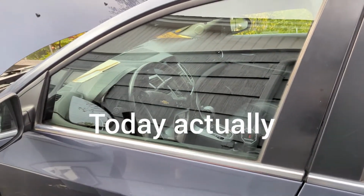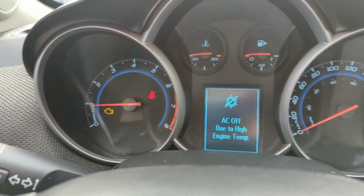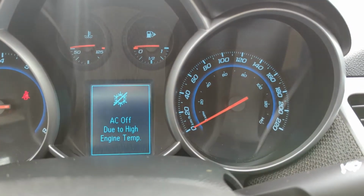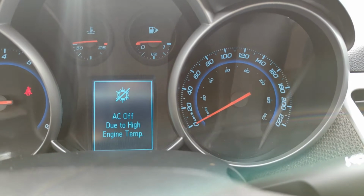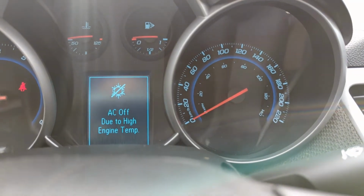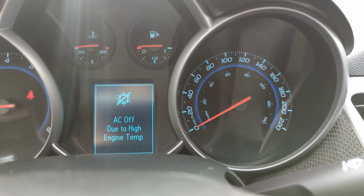Okay, let's see what we got. Okay, so here's some of our issues. Check engine light is on. I'm getting this warning on the dash that the AC is off due to high engine temperature. I did a little bit of reading on this. I'm hoping that somebody had an issue and resolved it, or maybe somebody saw this and flogged the car. Everything I read pointed towards a temperature sensor, which is very inexpensive. So I'm hoping that will be the